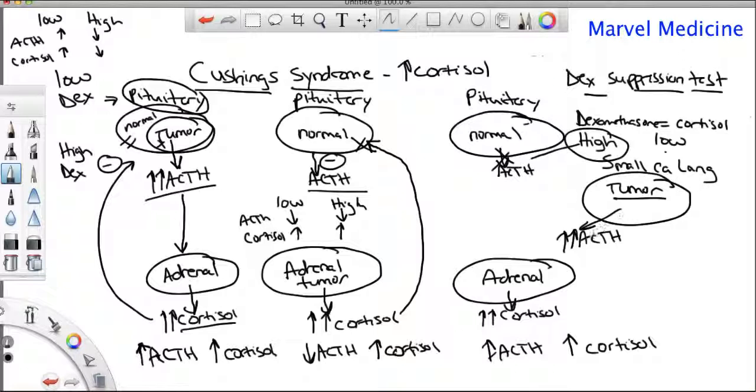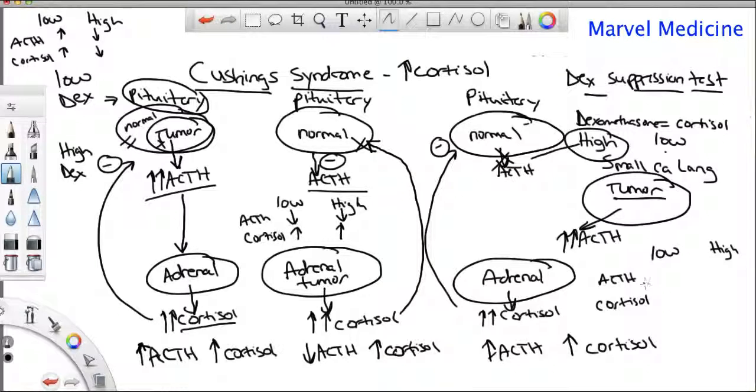small cell lung cancer releasing ACTH. Now remember, in this patient, what was going on? The tumor is releasing ACTH, going to the adrenal, releasing cortisol, okay? And the pituitary gland is basically being inhibited by negative feedback, and it's not really releasing anything. All the ACTH is coming from the tumor. Now, again, if I gave this patient low or high, and I measured my ACTH and cortisol levels,